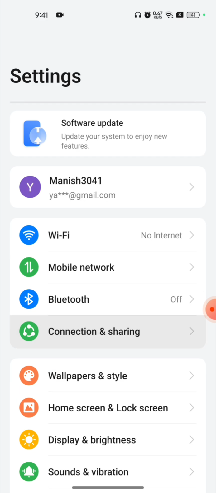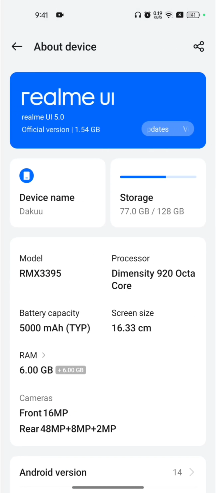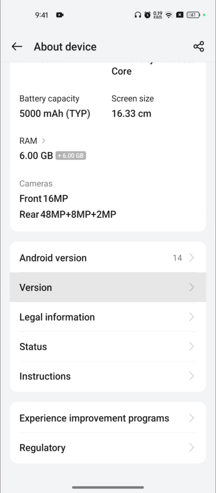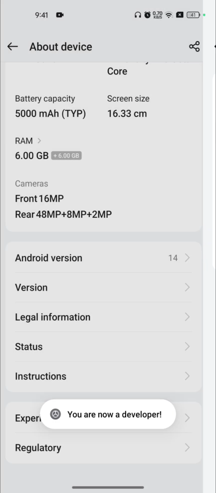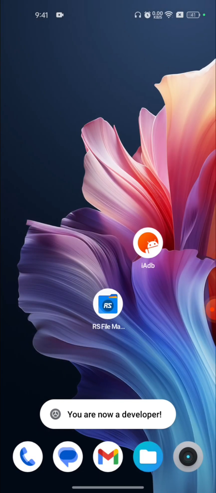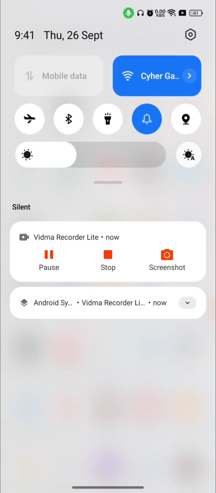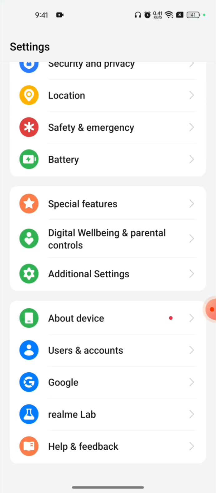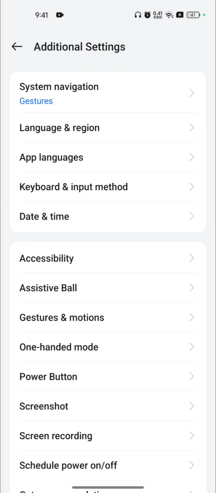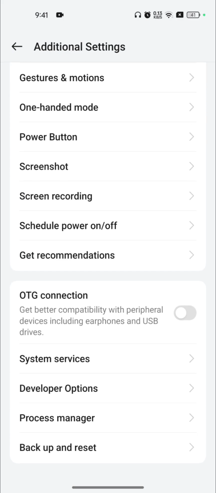Then go to Settings, then About Device, then Version, and tap on the version number continuously 4 times. And then developer option will be enabled. Then in Settings, go to Additional Settings, tap on Developer Options,